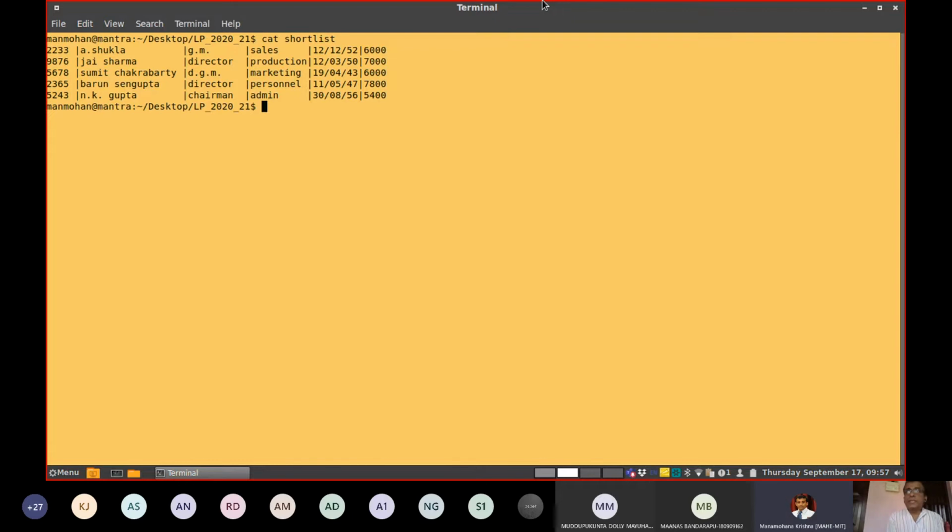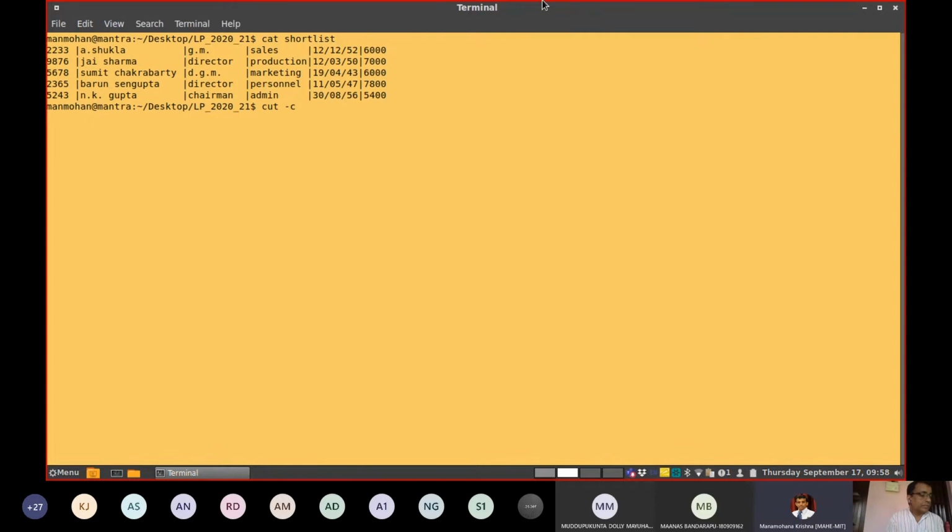I have been telling you about the cut and paste commands. Now let us try to extract specific columns. You need to follow the option -c with the cut command, with the list of column numbers. Say for example, if I say cut -c, I want to cut based on column numbers.